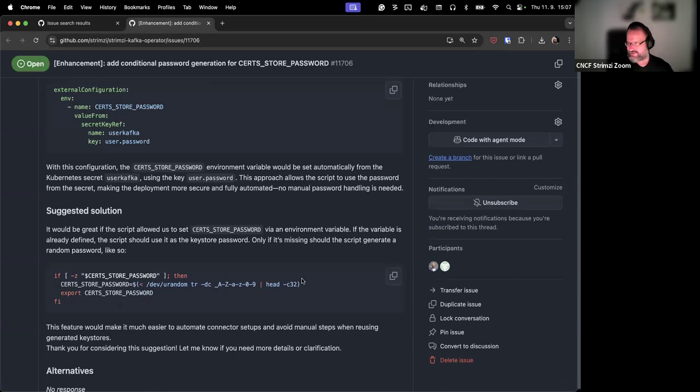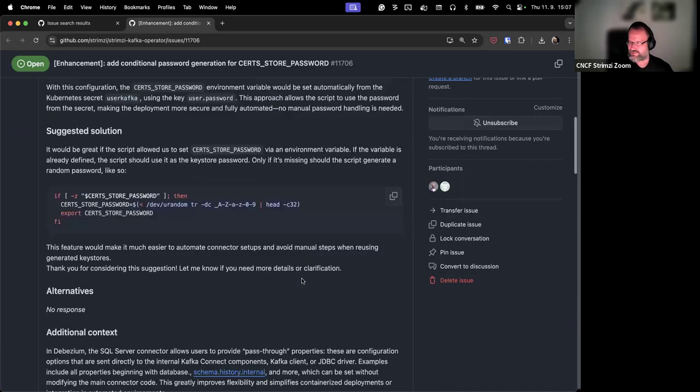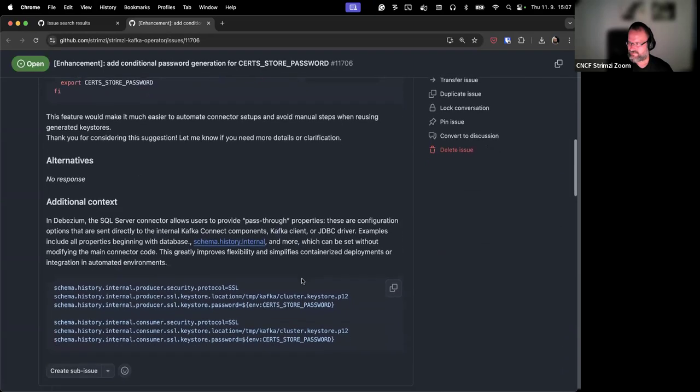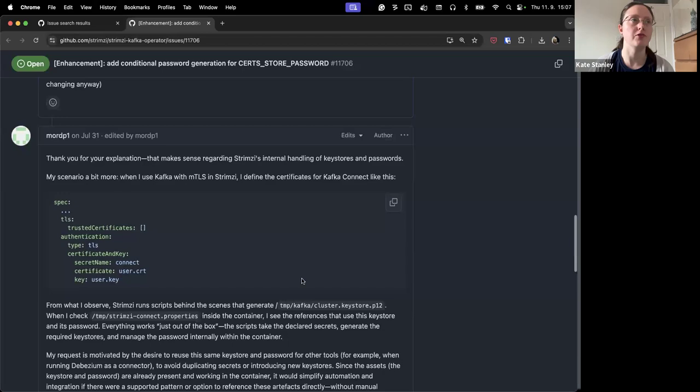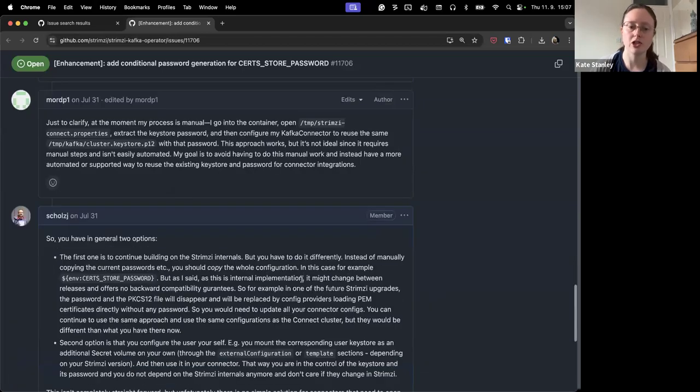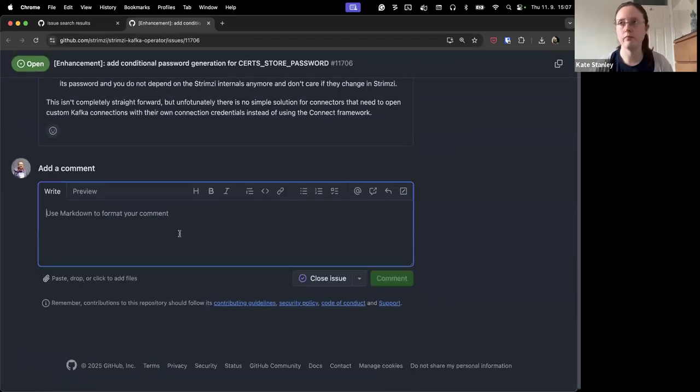But to be honest, that's just an internal variable used by Strimzi only, and we are moving away from it, so we should not encourage anyone to use it. So I think it should be rejected. Yeah, I felt this was something where the user should do something, not that we needed to change anything in Strimzi.